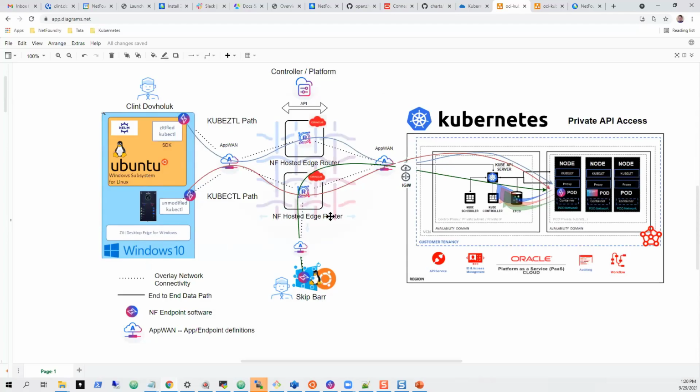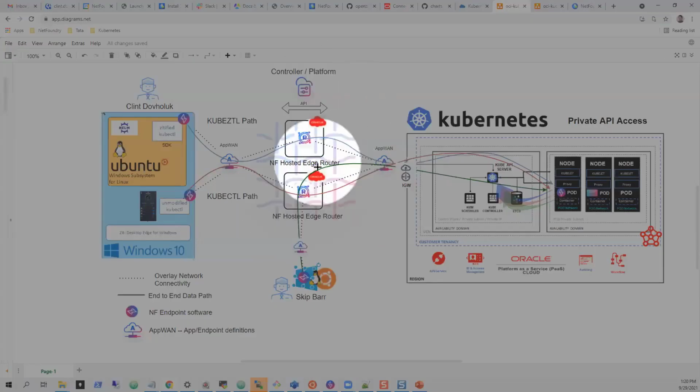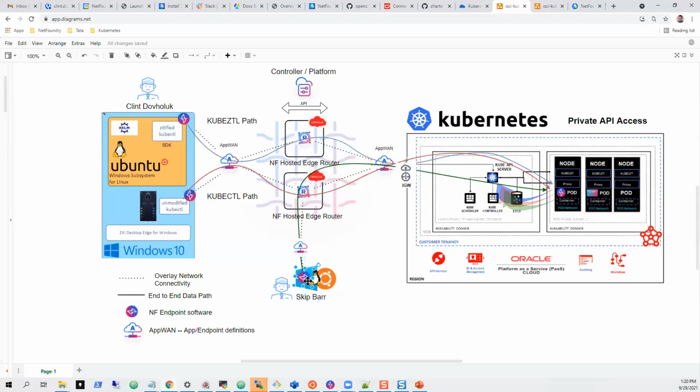In the nature of this demo, I've already created all my middle mile, my infrastructure. So we just have to really set up our endpoints, set up the communication and the services that we want to go after. So we want to go after maybe a hello world. We want to go after the API. So we'll show those two examples, and then Clint will take you through the zetification of the kubectl binary. So right now, let's take you to our console for a second.